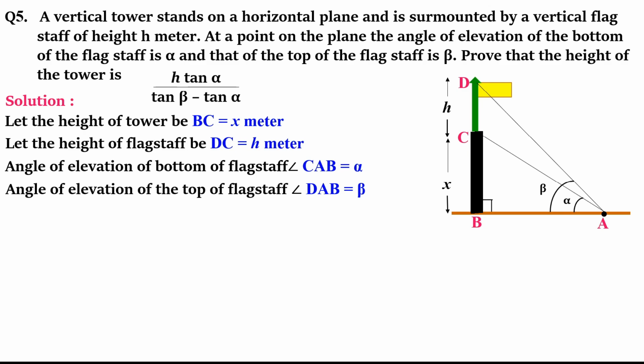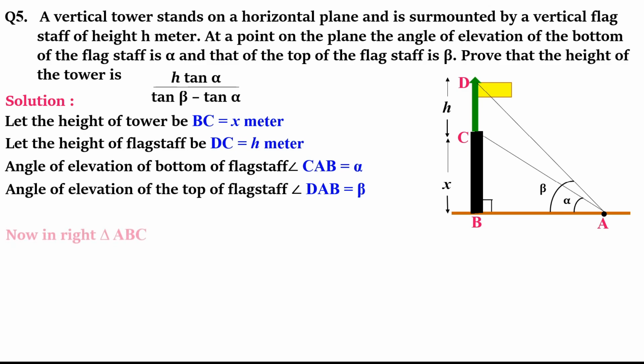Of course, perpendicular in both the cases are known. If I take triangle ABC, perpendicular is x, and if I take triangle ABD, perpendicular is h plus x, and the common part coming in both is AB. So whichever T ratio we use, we have to use perpendicular and base, and we have to frame for AB. I will take both the right triangles one by one. In every case, I will frame the equation for AB.